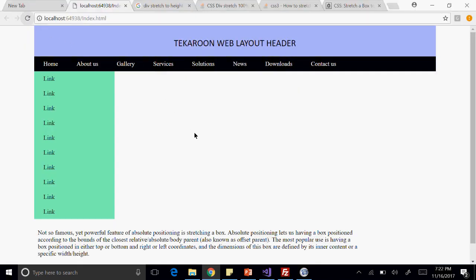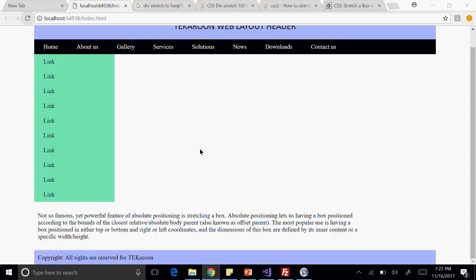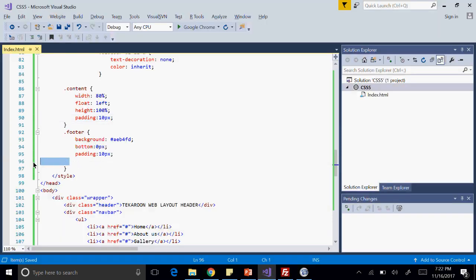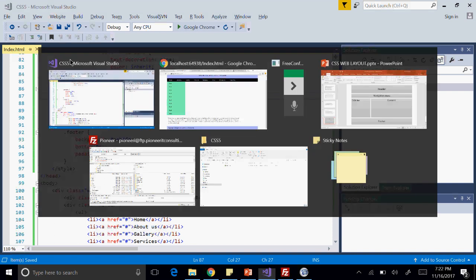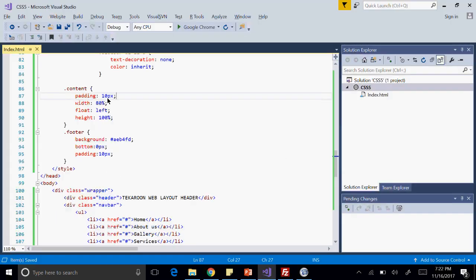So here's some padding you want. So what happened? Yeah. You made it 100% and then took the 10 padding, right? So it's not working out. So